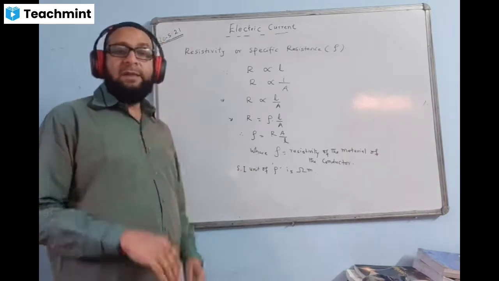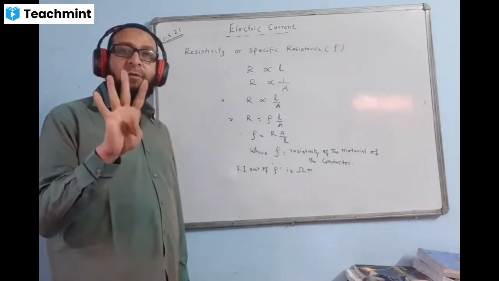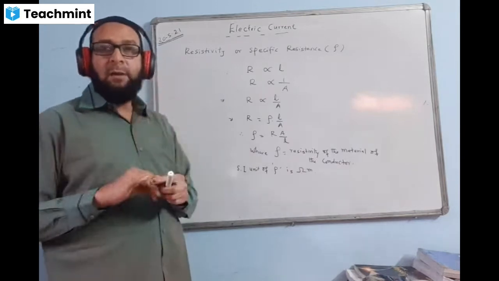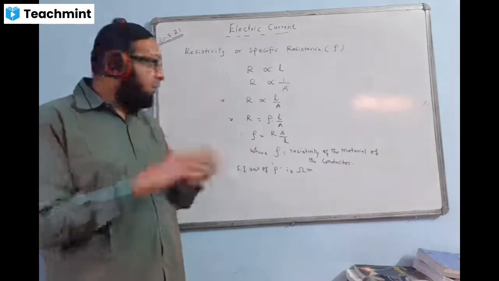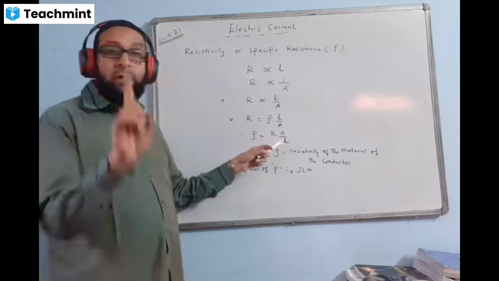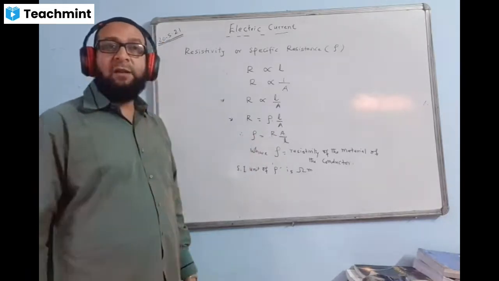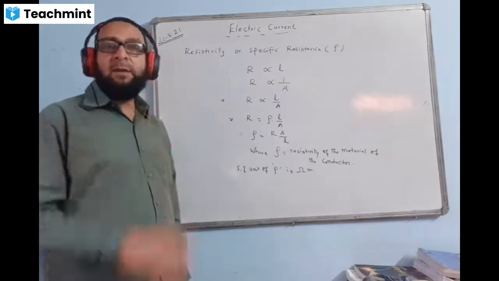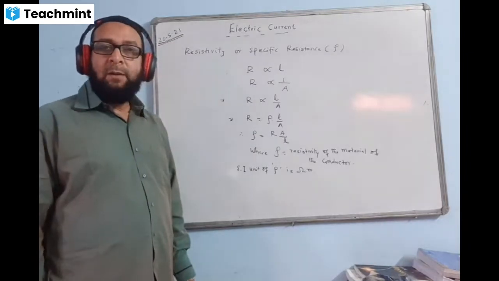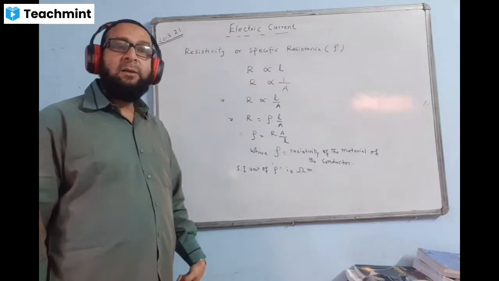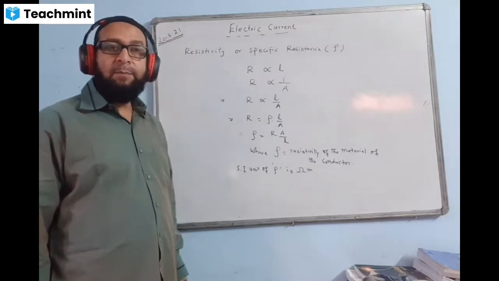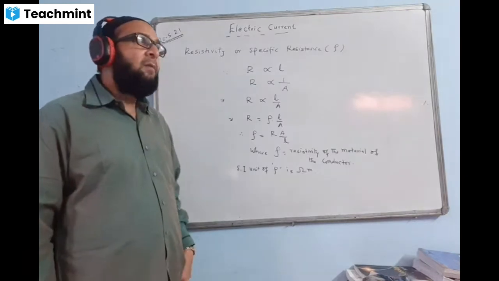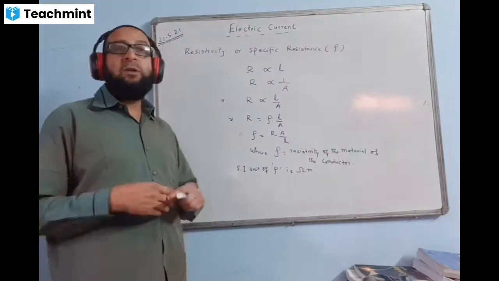Now, resistance depends on four factors. They are nature, length, area, and temperature. But resistivity does not depend on the length and area because you are taking unit. You are taking the fixed value of length and fixed value of area, that is 1 meter and 1 meter square only. So it does not depend upon the length and area of cross section, but only on the nature and temperature. If a question comes like this, you have to read the question very carefully.